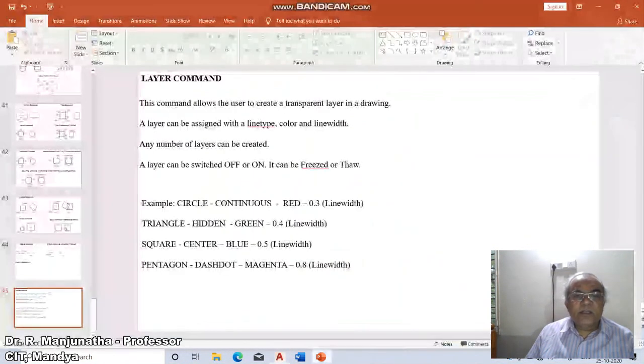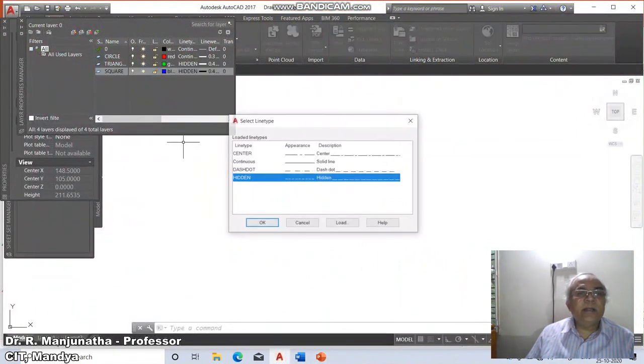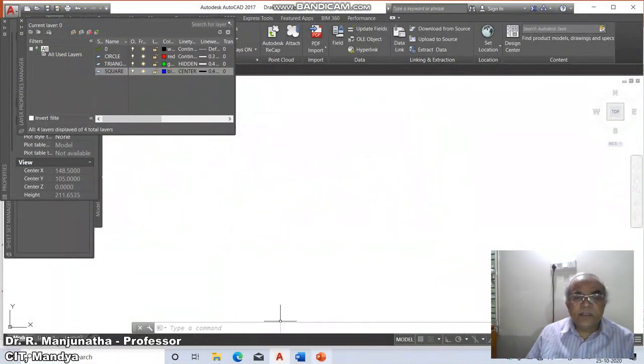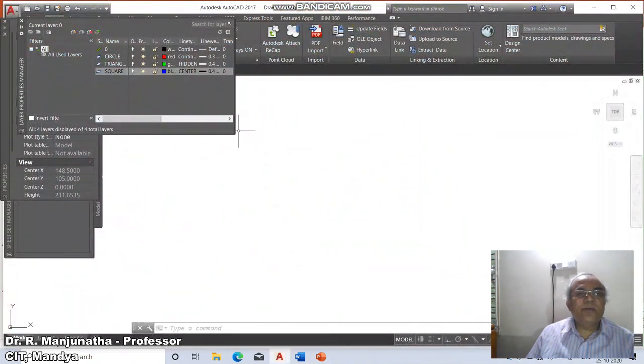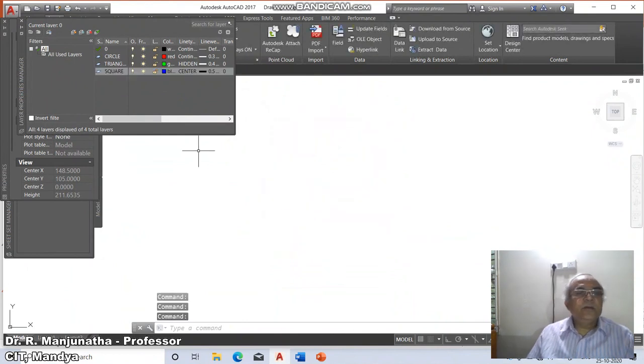Then the line type is center. You click on hidden and make that the center line type and say okay. Then the line width should be 0.5. So you click on this and make it 0.5. Then say okay. Now we have changed the different layer.